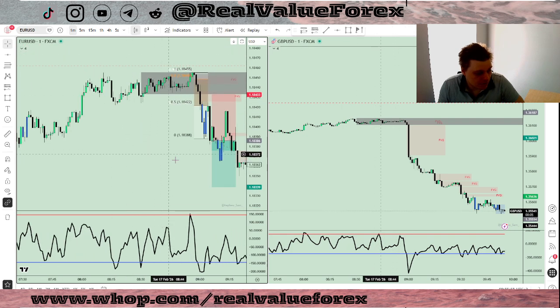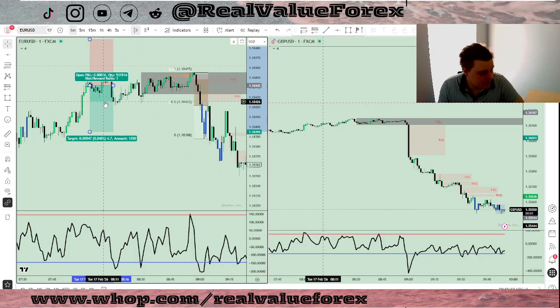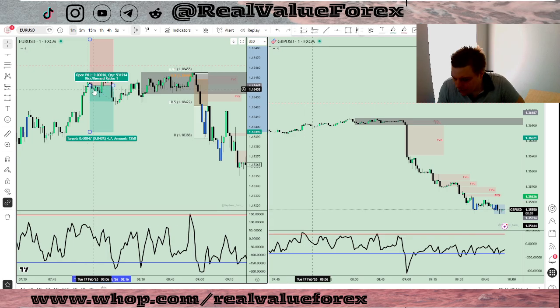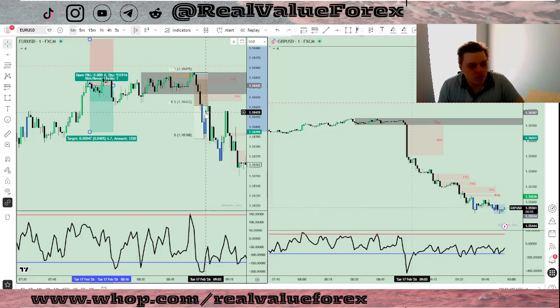If we would enter, even let's say in the best case scenario, we would enter here. Yes, that was the best case scenario entry, but still we had 804 till 904. So basically we needed to wait 1 hour of this consolidation, and also we don't know if the market wants to stop there. Maybe it will go higher and so on, so we will get drawdown or even an unnecessary stop loss.